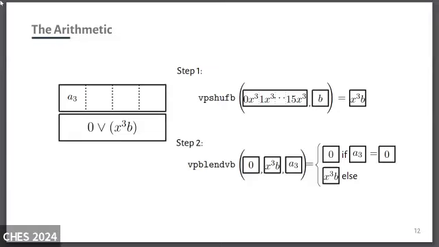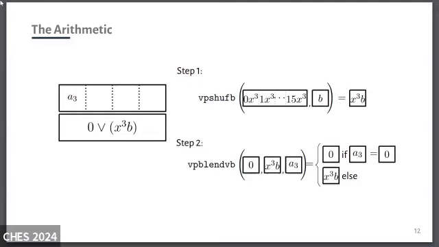If I now replace the values with the inputs for our problem, a is 0, the second argument to the function is x to the power of 3 times b, and our mask is a3, you see that this whole thing acts exactly as we want it. So 0 is returned whenever a3 is 0, and the table lookup is returned otherwise. Now we repeat this process not just for a3, but for a0, a1, a2, accumulate the intermediate results, and we get a full multiplication which computes 64